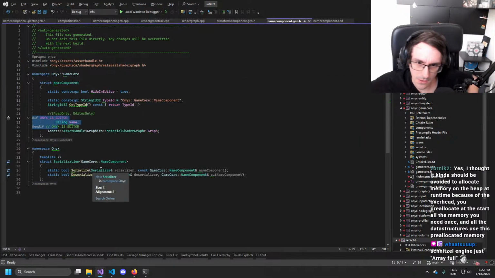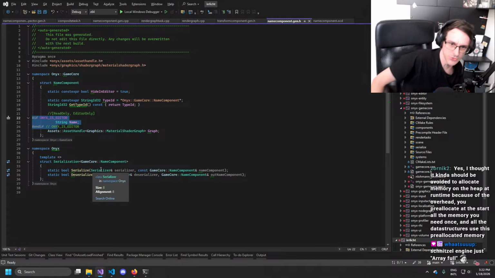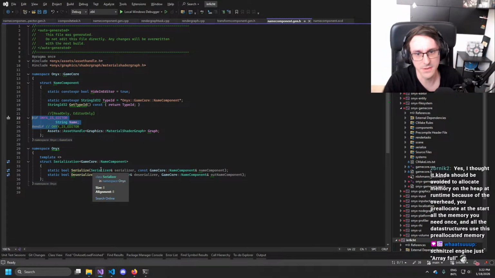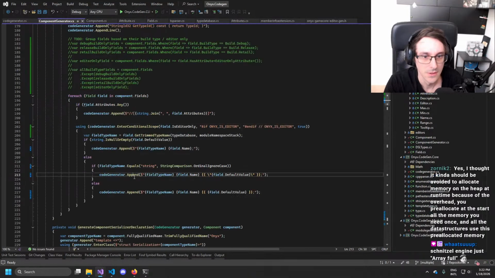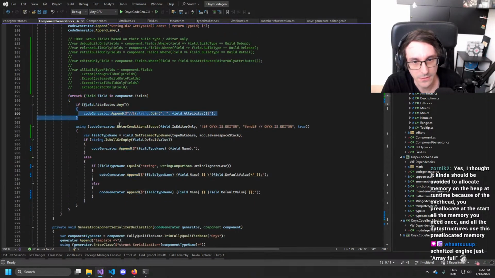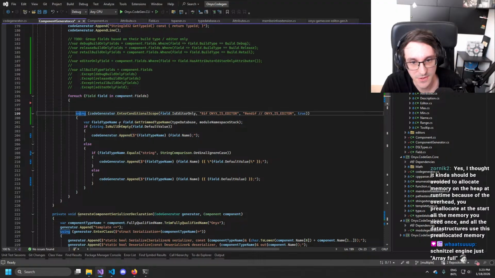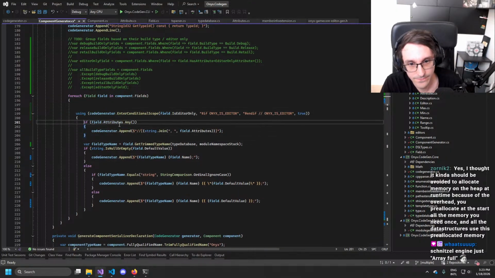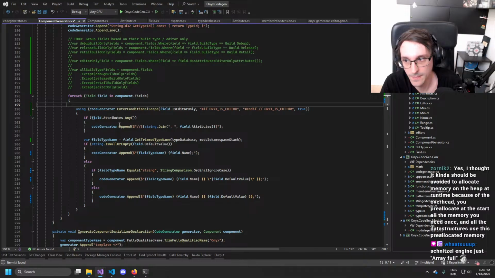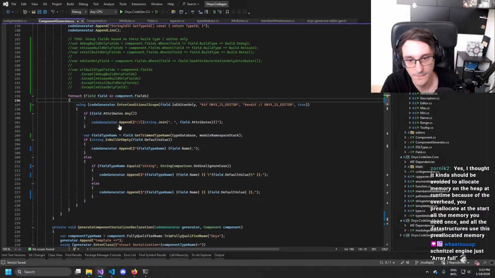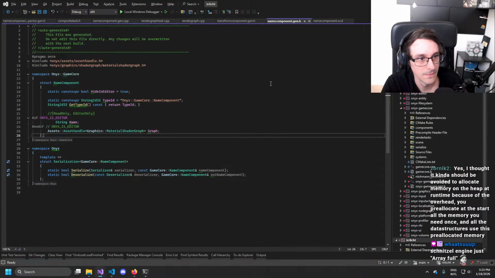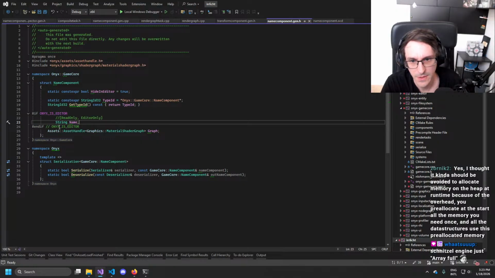Okay. Actually, the comment should probably be inside. So that one should be inside the using. Actually, I don't want to indent here.